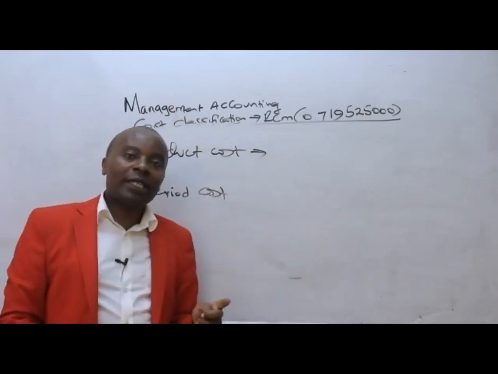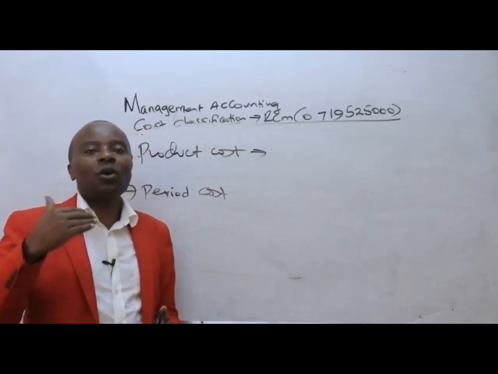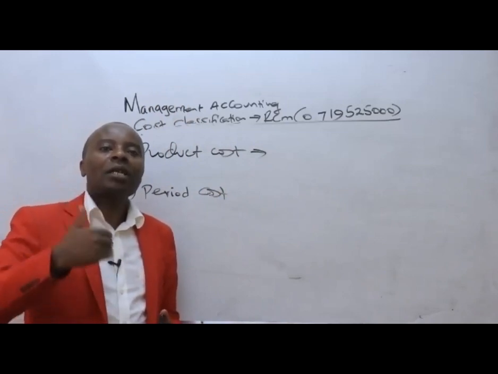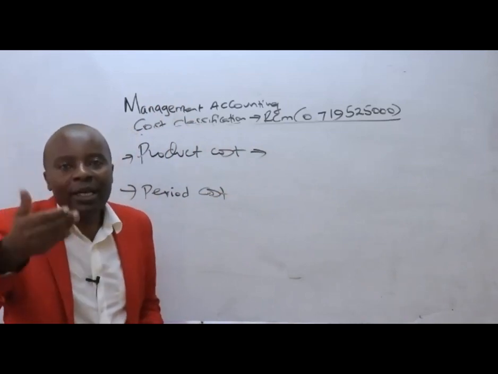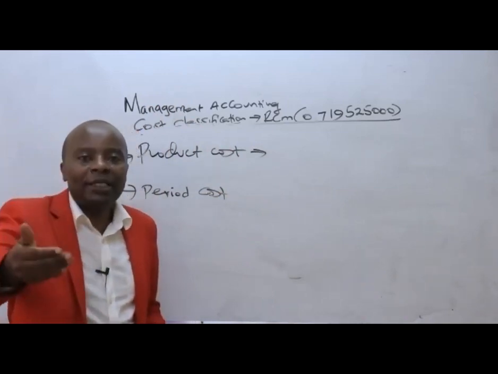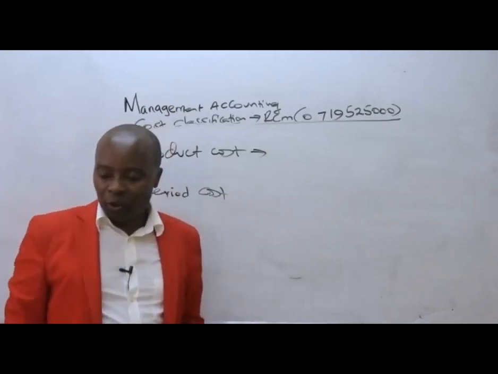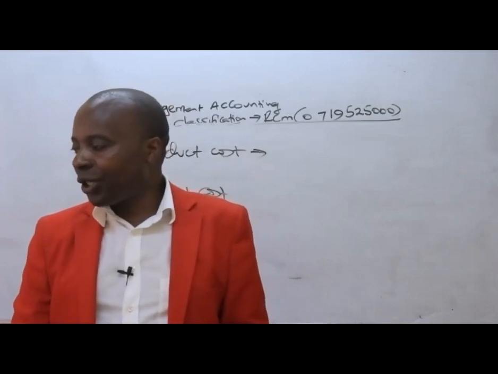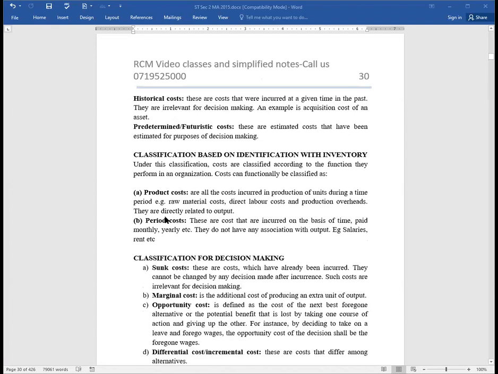These are those costs that are uncontrollable. Ladies and gentlemen, these are those costs, whether you like it or not, they have to be incurred because they are time-based. For example, salary is paid on a monthly basis, rent paid on a monthly basis. They do not have any direct association to our inventory. So we have here classification for purposes of decision making, of which the first bucket here is the sunk costs